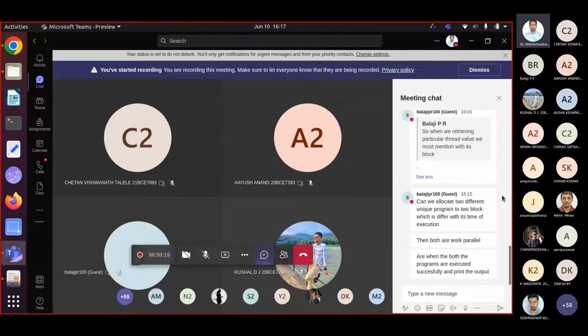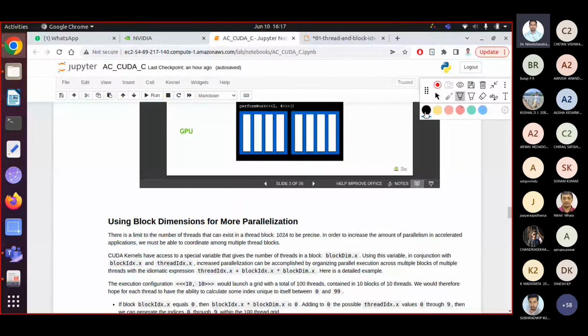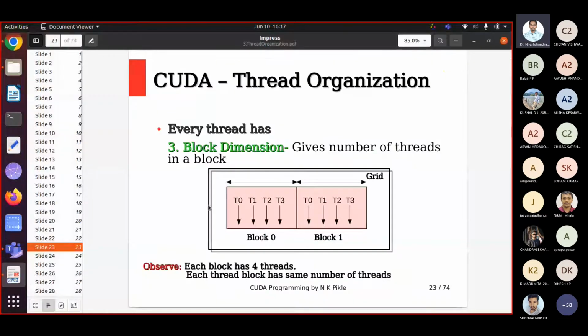Ideally, it is not recommended on GPU computing, where every thread is performing different tasks. GPU is most suitable where you are having computations of the type single instruction multiple data. When I refer to single instruction multiple data, for example, take this computation, array addition,